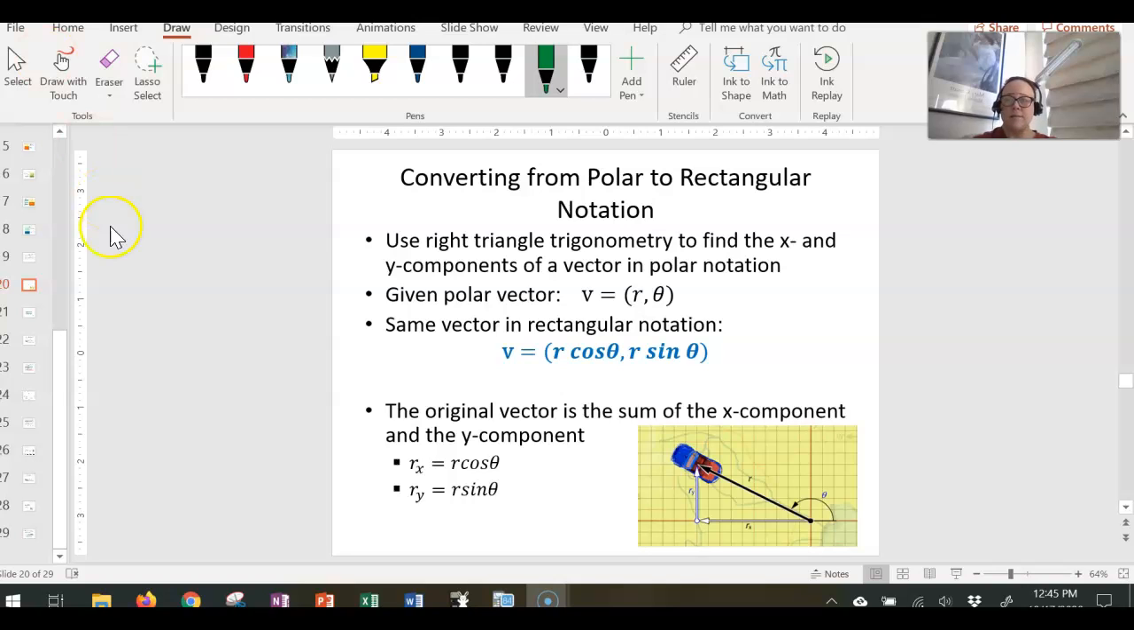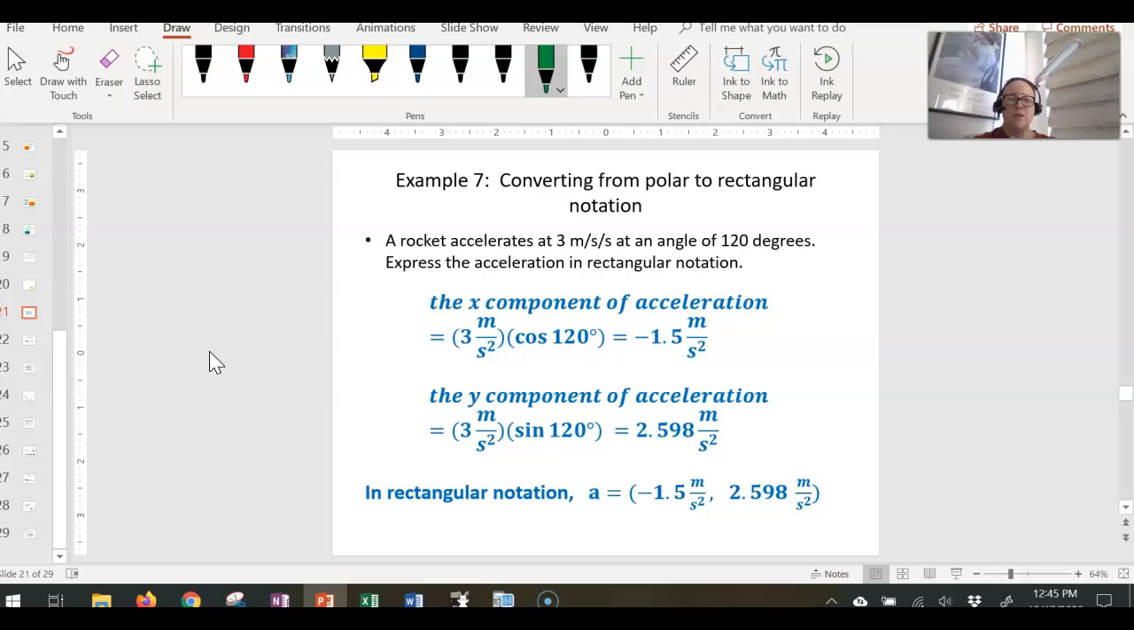Let's look at an example here. So here we know the acceleration vector for a rocket. It has a magnitude of 3 meters per second squared and it has a direction of 120 degrees. So if we want to express that acceleration vector in rectangular notation, we have to find the x and y